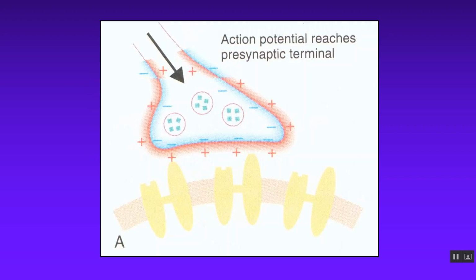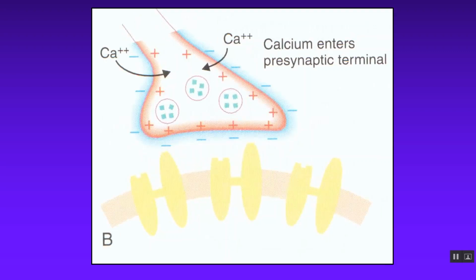So here is the process in pictures. Action potential coming down. You see our flip-flop of charges here as it goes down, and most of the time it's jumping between those nodes of Ranvier through the voltage-gated changes in the voltage-gated sodium channels. But once it gets down to the end here, and you start to see this gets positive here at the presynaptic terminal,